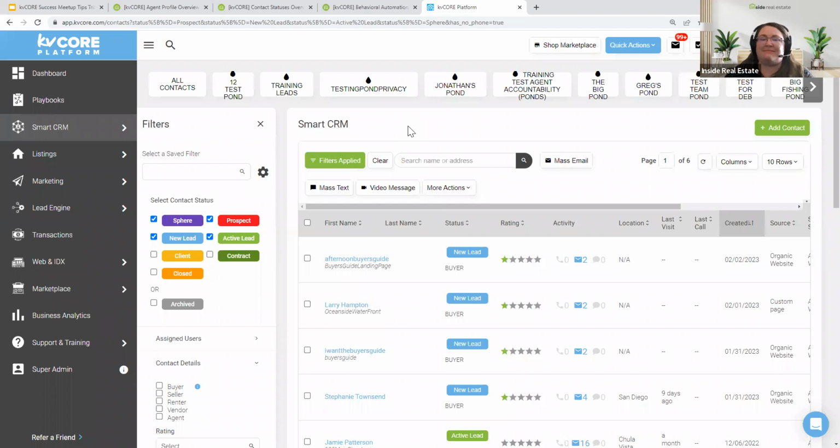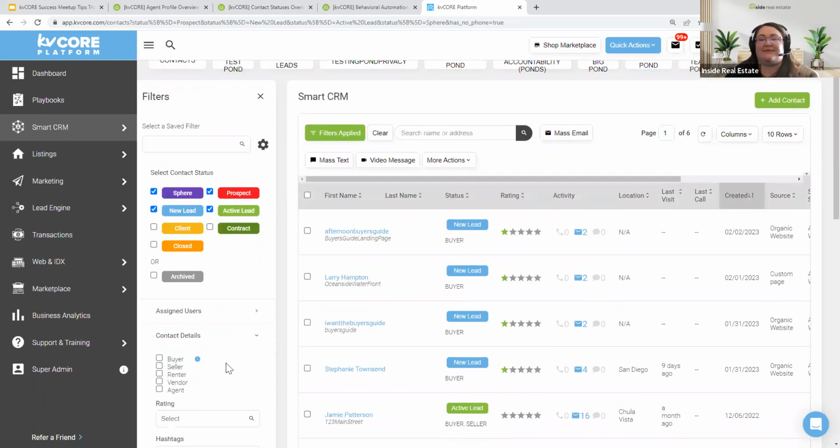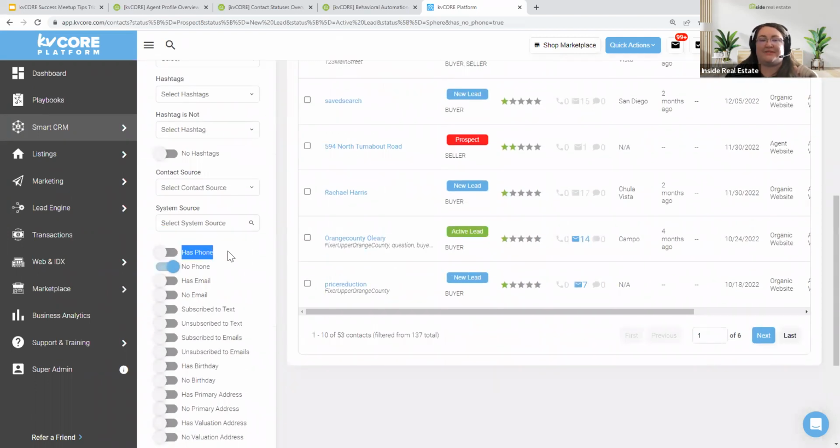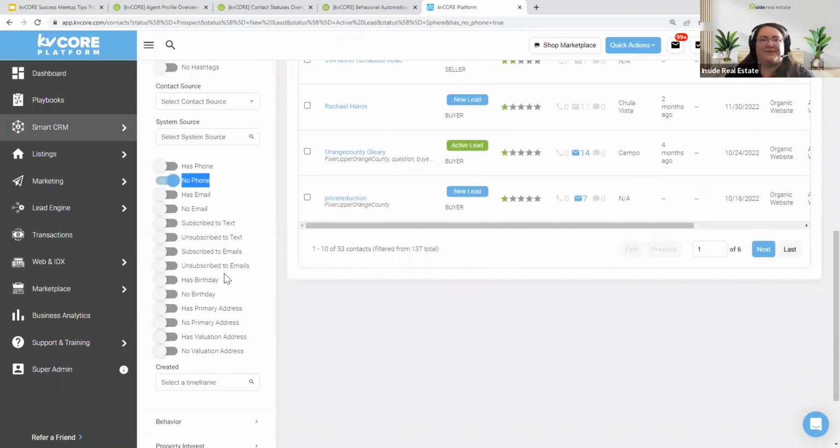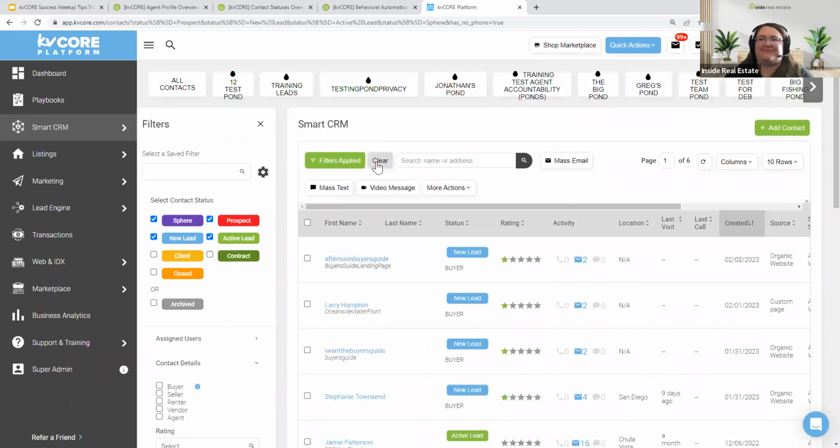Right? So maximizing daily call creation, I want to have enough people in the statuses that I selected that have phone numbers. And if I don't, I can look to see who doesn't have phone numbers and do some reverse work there. So if you're not sure, like I'm not getting enough phone calls, this is a good way to add some to that list.